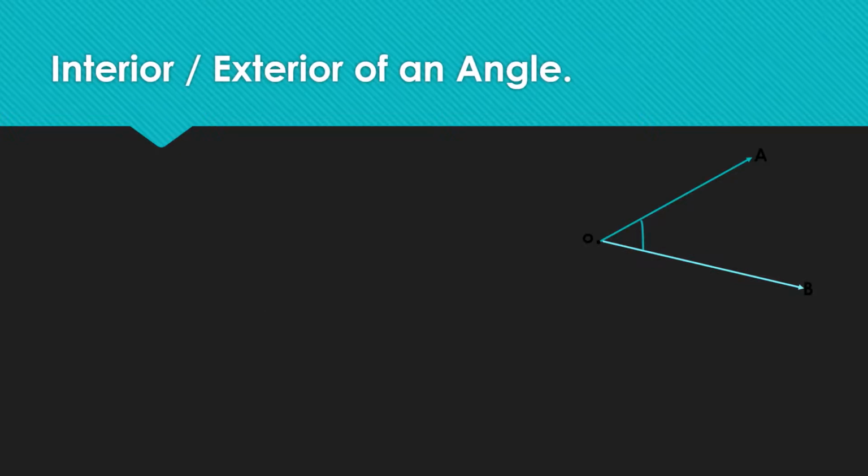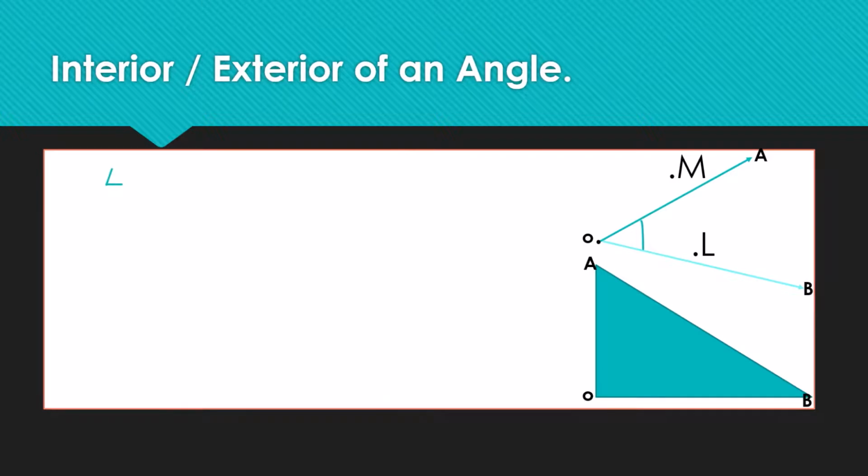Next is the interior and exterior of an angle. I have shown here some points. I hope you can see the points O, L, M. These points are at different locations. You can also shade the interior part. See the angle AOB. We can shade that part to understand. But remember, the interior is not a restricted area. It extends indefinitely, since the two sides extend indefinitely because they are rays.